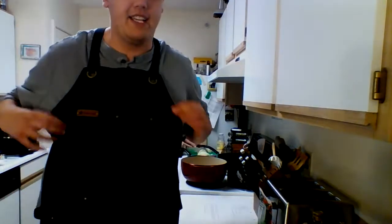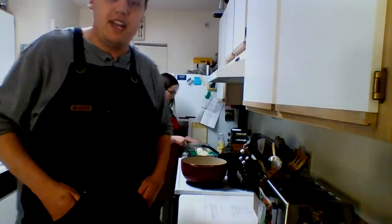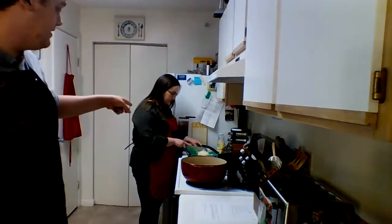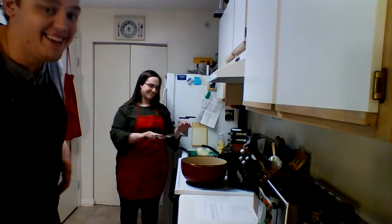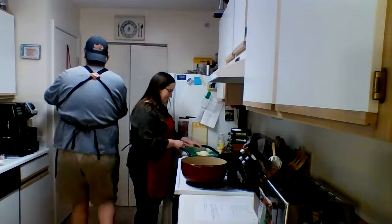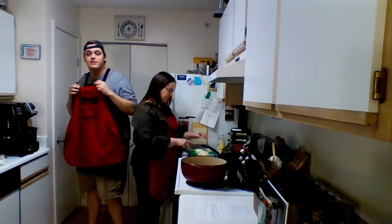Show them your apron. I have this nice, formal, kind of goes-everywhere apron just because I like how chefy it makes me. And then which one do you have on, Mrs. Bent? It says cutie pie. So I like it. We got these. I wanted to wear the nice one for tonight, but I also have one that says stud muffin because, you know,